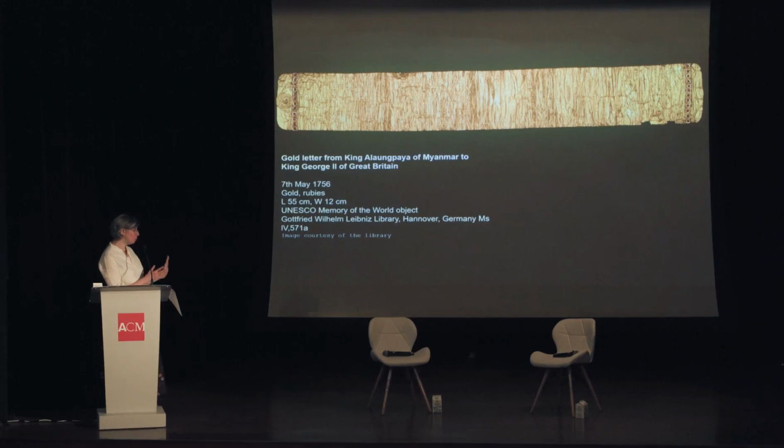So what I want to do is just show you a few slides and talk about some of the ways that we thought about objects in the exhibition. I was thrilled to have this. This is a golden letter set with 24 Burmese rubies written by King Alaungpaya, who ruled from 1752 to 1760. He was founder of the last Burmese dynasty, the Konbaung dynasty, and he sent this letter to King George II of Great Britain in